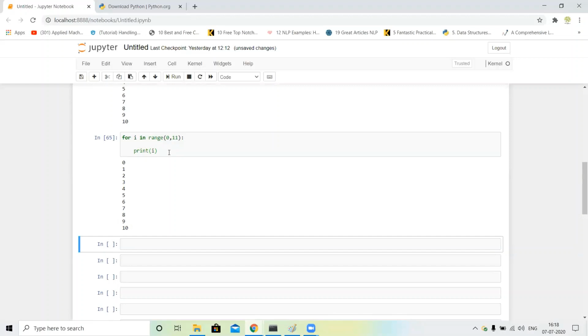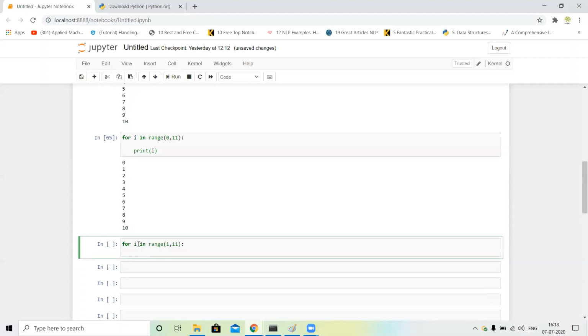Okay. Next, we print 1 to 10, but what if we want the output to stop at 5, and not print 6, 7, 8, 9, 10? How is it possible? Just see. First of all, we assign for i in range 1 to 11. I just print i.